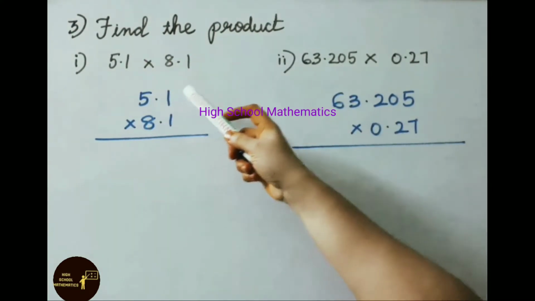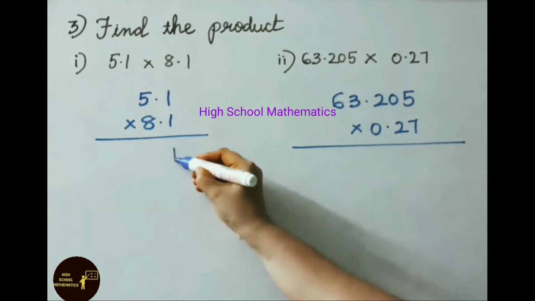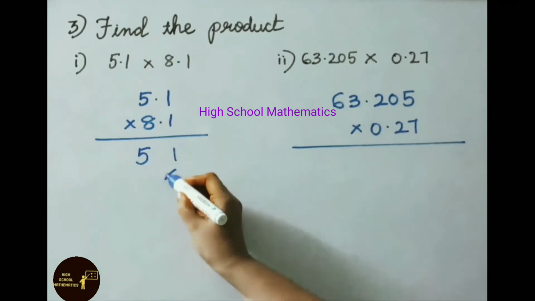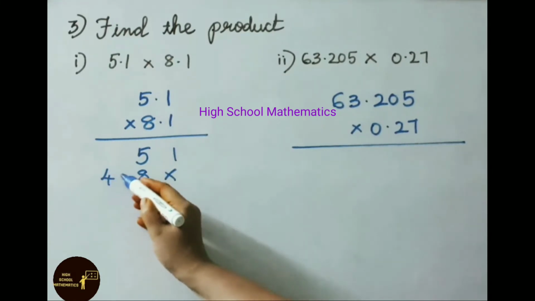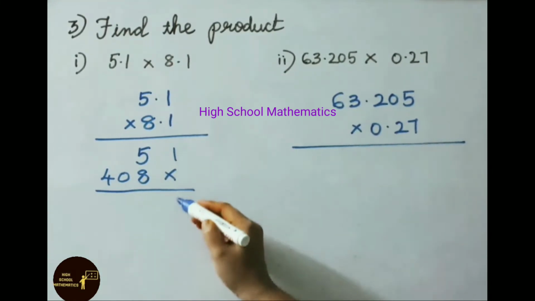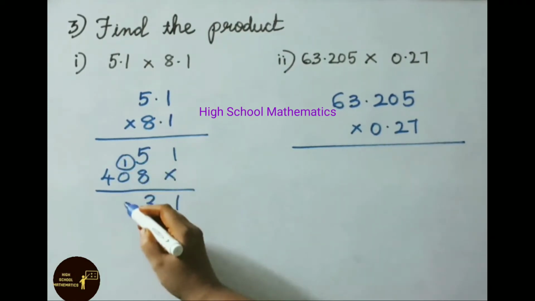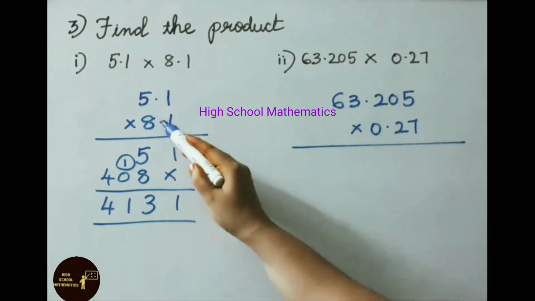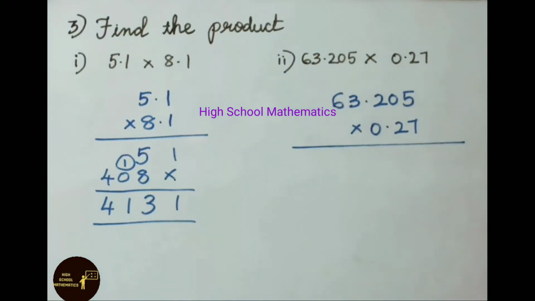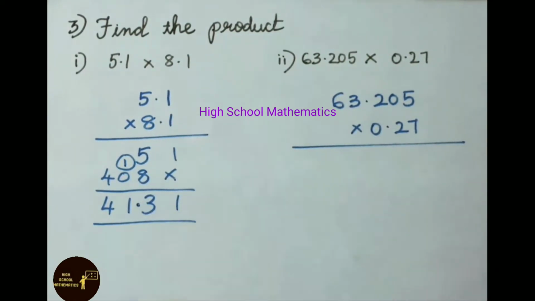See now third question, find the product. First sum, 5.1 multiplied by 8.1. Now let us see the multiplication. 1 ones are 1, 1 fives are 5. Next 8 ones are 8, 8 fives are 40. Now let us add them. 1, 5 plus 8, 13, 3 carry 1. 1 plus 0, 1, write down 4. Here decimal after 1 digit, decimal after 1 digit. That is 1 plus 1, 2 digits. Right side onwards, 2 digits before you place the decimal point. So the answer is 41.31.